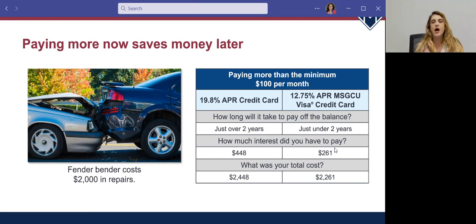If you were to pay $100 a month, so not that much of a difference, $60 more, one work shift, one night of babysitting, it's 2 years and just a few $100. Even for the higher interest rate, it's still less than $500. And with a good interest rate,